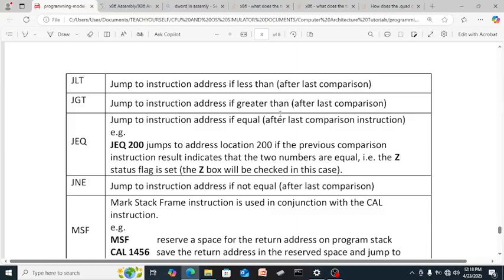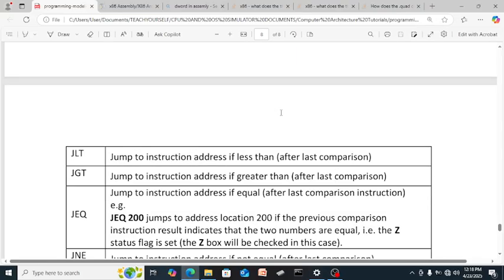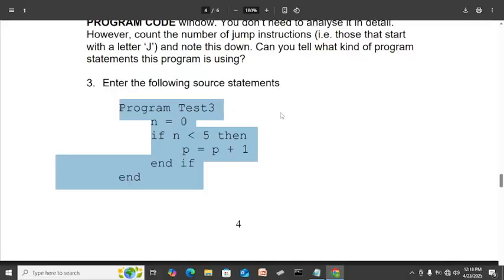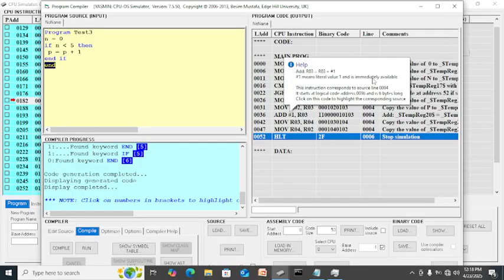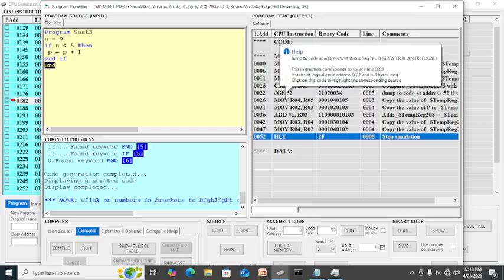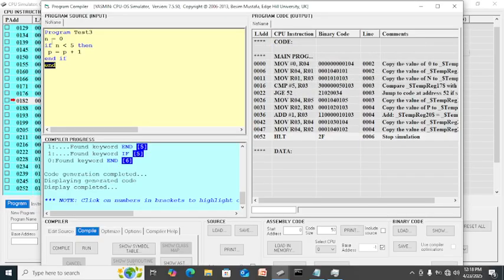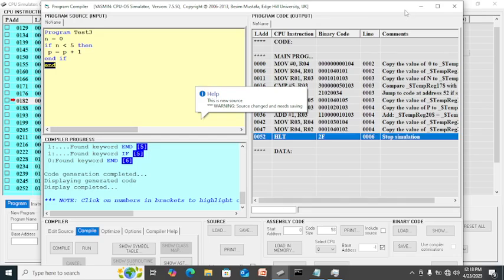Okay, it's greater than. So you review some commands. So it runs JGE, jump greater than or equal to 5. Okay. Then you load into memory.